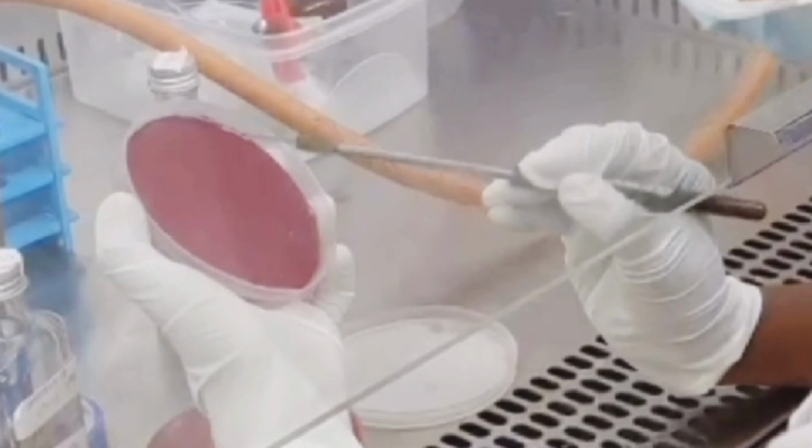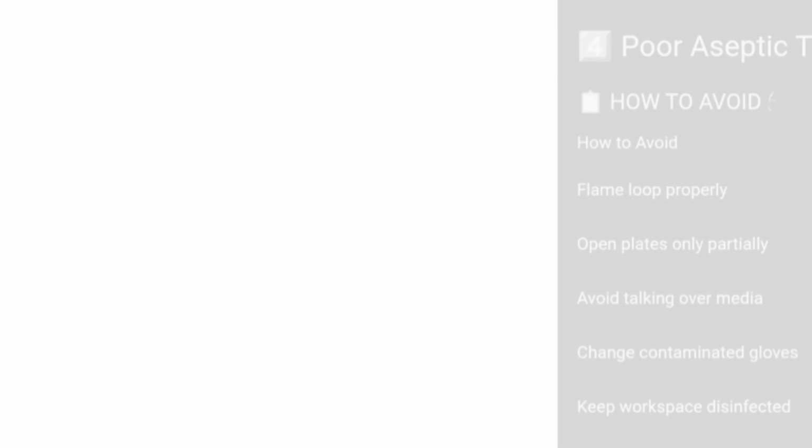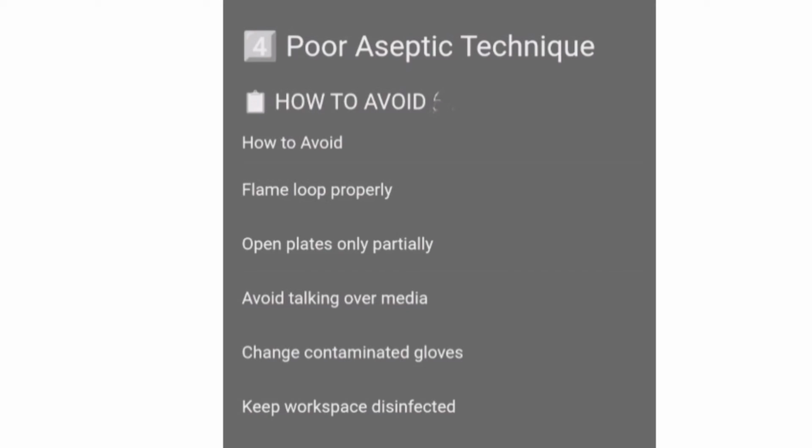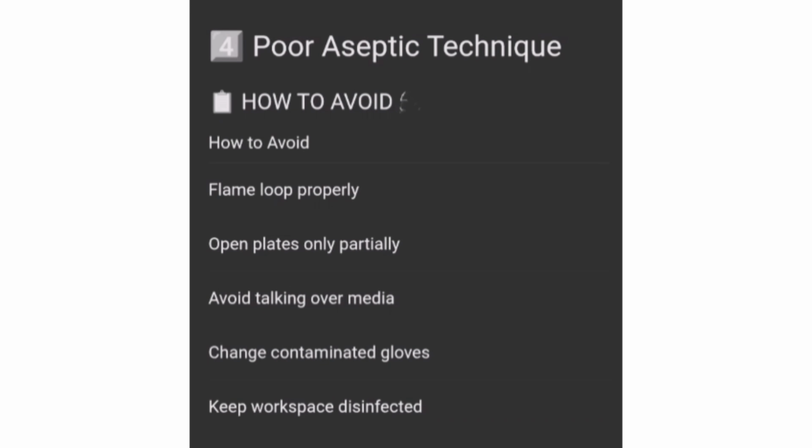Poor aseptic technique is one of the crucial types of mistakes that usually happens. It includes touching the plate surface, opening the lids too long, and cross-contamination from hands or gloves. These can be prevented by flaming the loop properly, opening the plates only partially, and changing the gloves between the